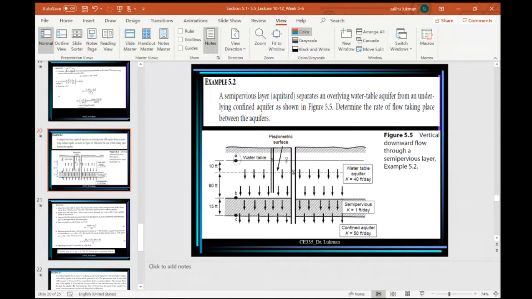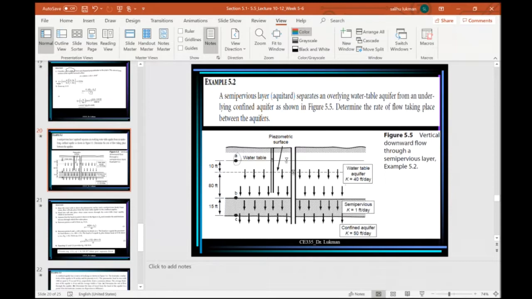So the semi-pervious layer and the confined aquifer all have different hydraulic conductivities. Of course, we should expect that, because hydraulic conductivity, as I explained in chapter 4, is the ease with which water flows through the soil. If you look very well, the value for the semi-pervious layer is the smallest, 1 feet per day, meaning water can travel a distance of just 1 feet in 1 day, while for the water table aquifer,